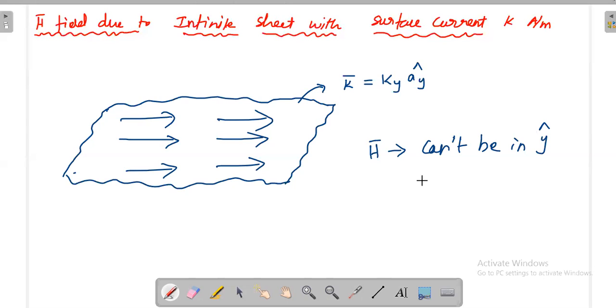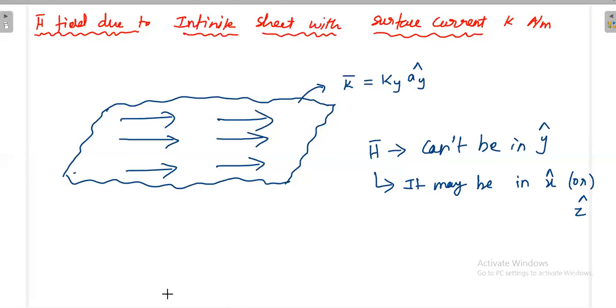So it may be in x cap direction, or it may be in z cap direction, because these are the other vectors perpendicular to y cap. And we will prove that finally it will be in x cap direction. It will not be in z cap direction, because